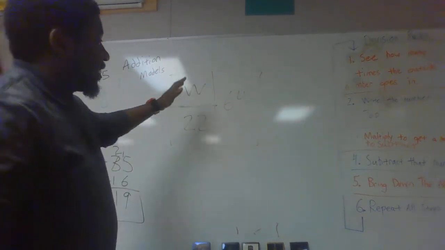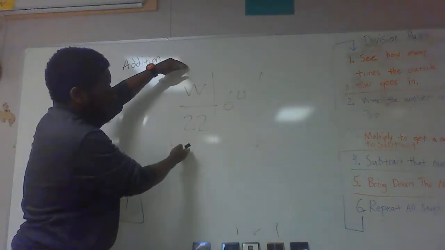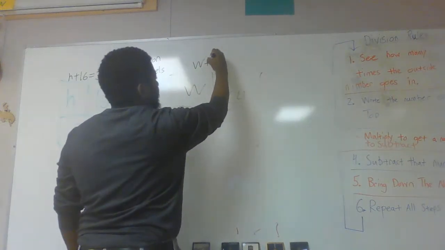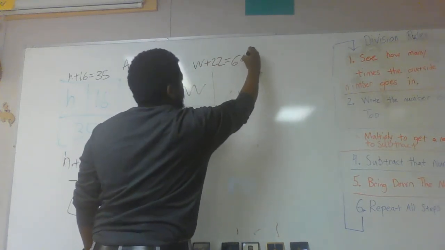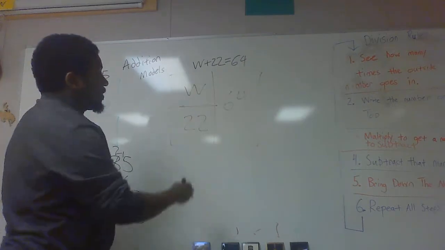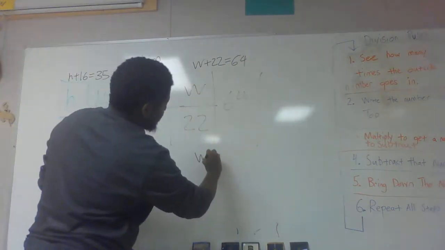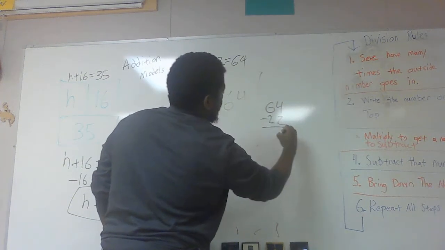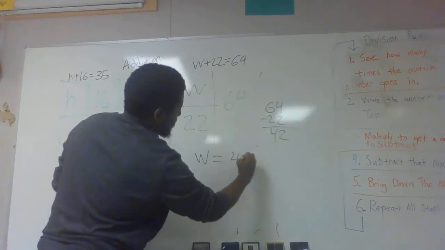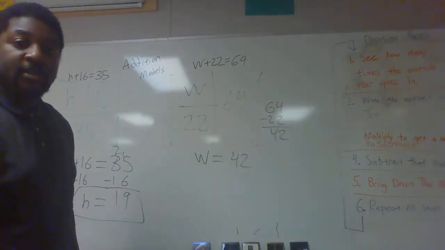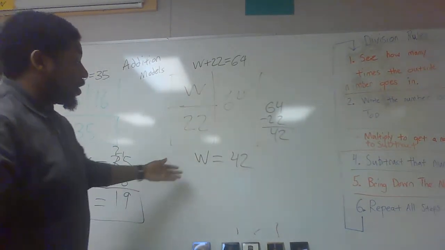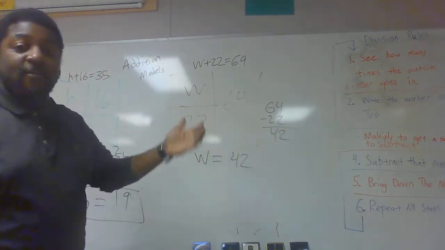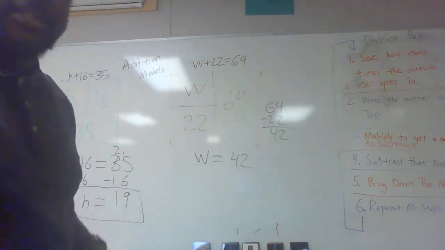Same thing on here. This one's actually set up vertically, though, but if you look, w and 22 are the same distance as 64. So my equation is w plus 22 equals 64. To solve that, I'm going to subtract 22 on both sides. So I'll have w by itself equals whatever 64 minus 22 is, which is 42. So w equals 42. And just like we talked about before, you can always check your answers by plugging your value back into your equation. That works every single time we do these algebra one-step equations.